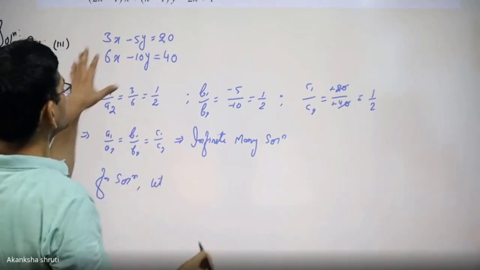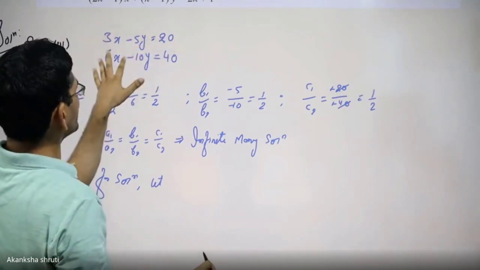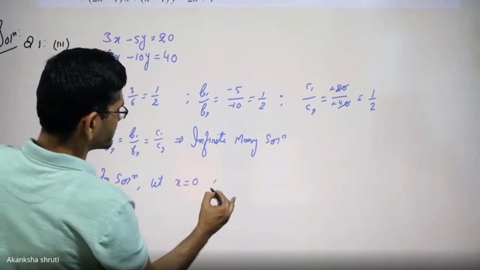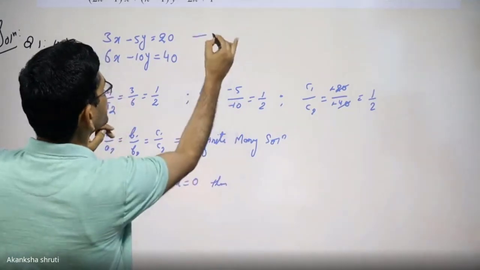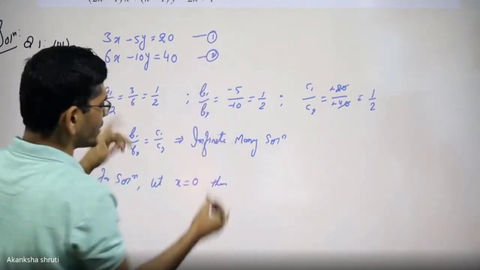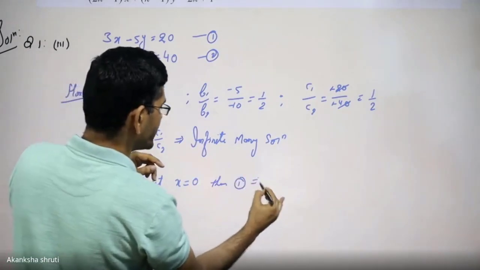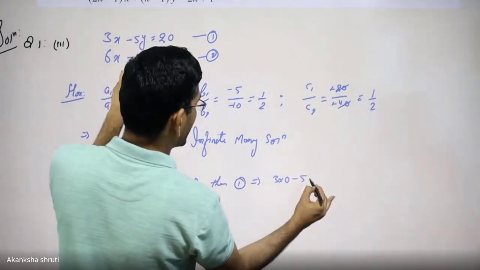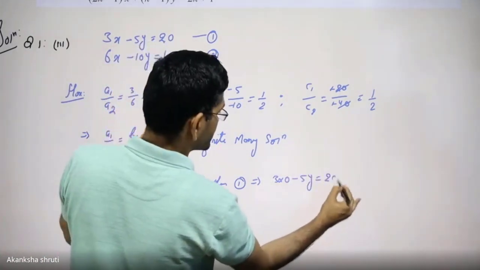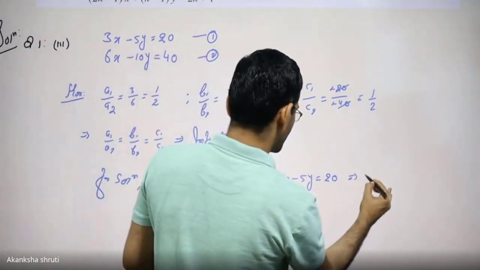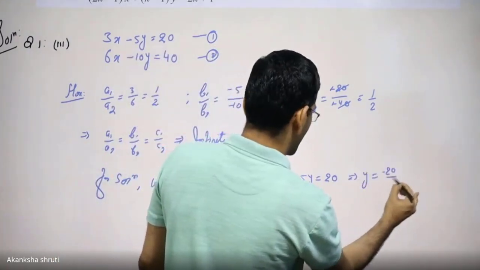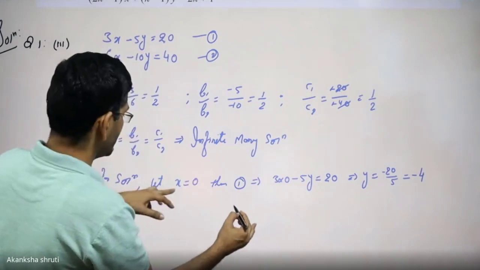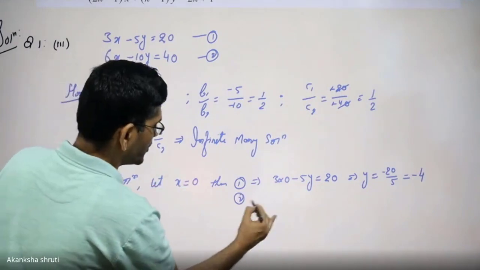let for the solutions, student, you have to take any of these 2 equations because both the equations are the same. So let x is equal to say 0. Then either you may take this equation 1 or this equation 2. You are free to take from either of these. The y can be calculated. So 3 into 0 minus 5y is equal to 20. This becomes 0. So y is minus 20 by 5. It is minus 4. Student, even if you are taking this x equal to 0 in the equation 2, you will get the same result.